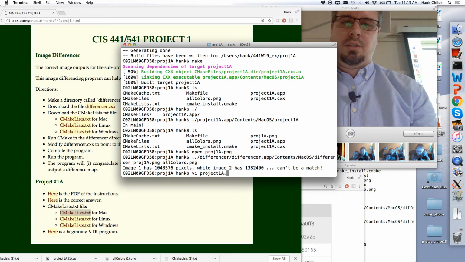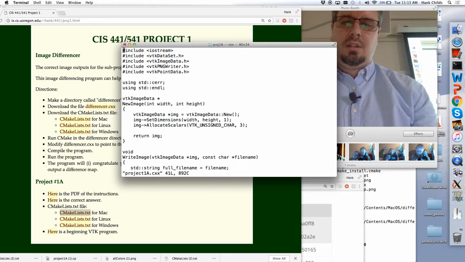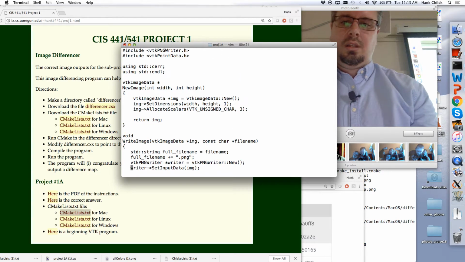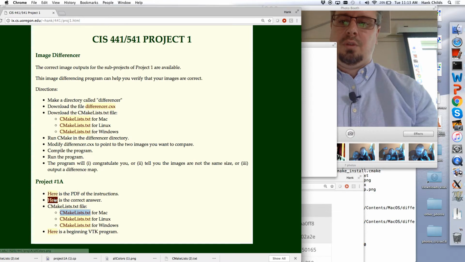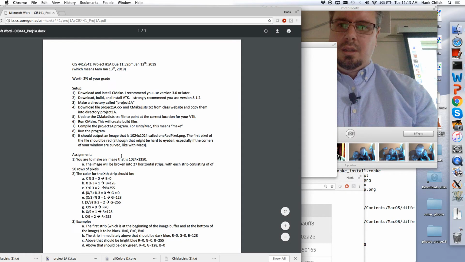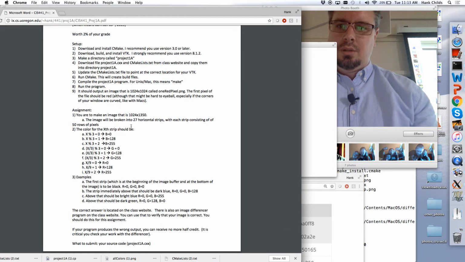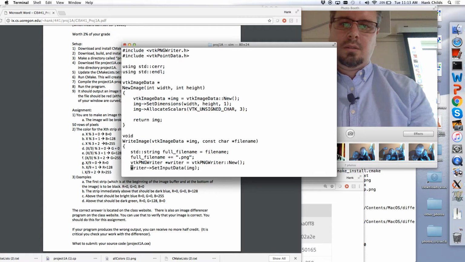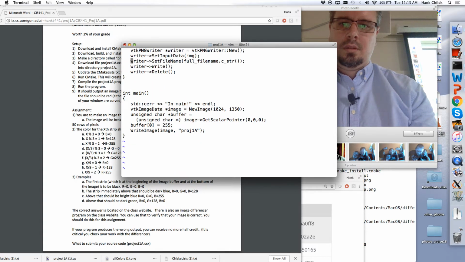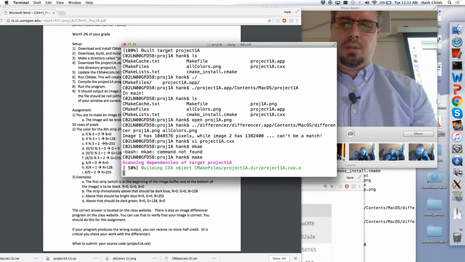If we were to go to project1a.cxx, the first thing it does is it allocates a new image, and it's 10,024 by 10,024. If you look at the prompt, it says that, in fact, the output should be 10,024 by 1350. So now if we recompile